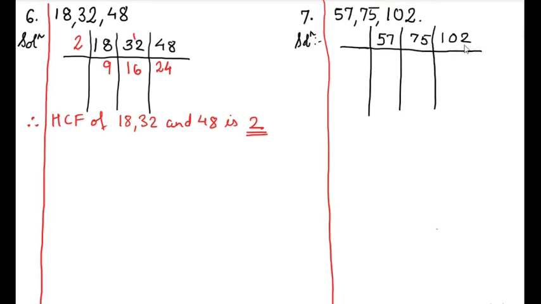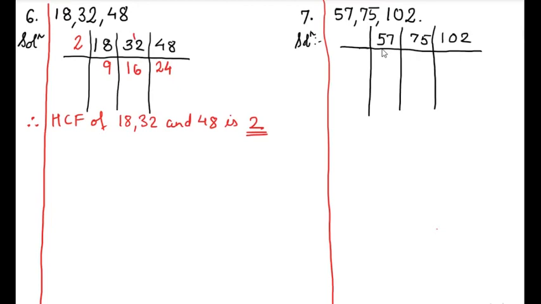So this 7, 5 and 2 are not divisible by the first prime number, that is 2. Only this 2 is divisible by 2. Other numbers, that is 7 and 5, are not divisible by 2. Thus all numbers are not divisible by 2. So we cannot use the first prime number, that is 2. Now let's move on to the next prime number, and the next prime number is 3.